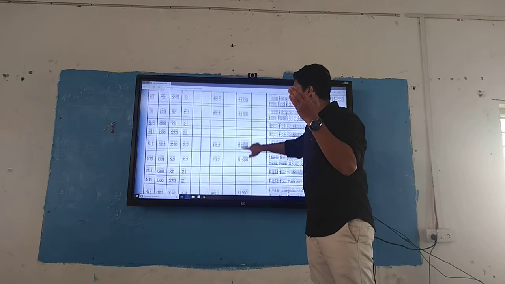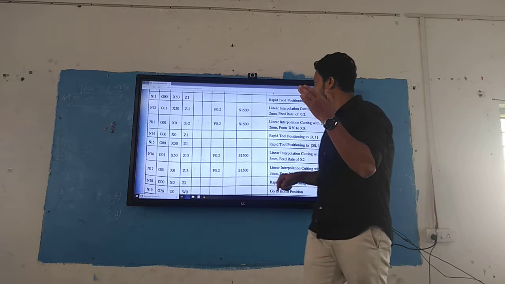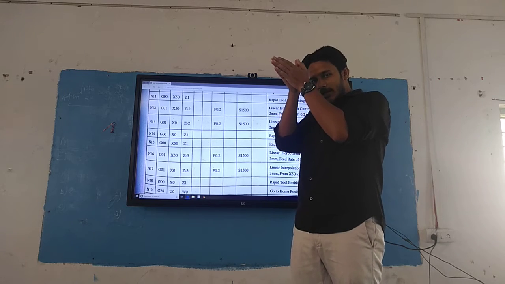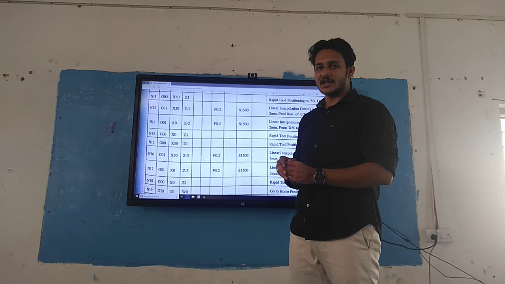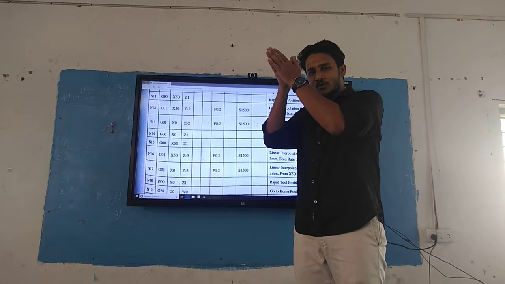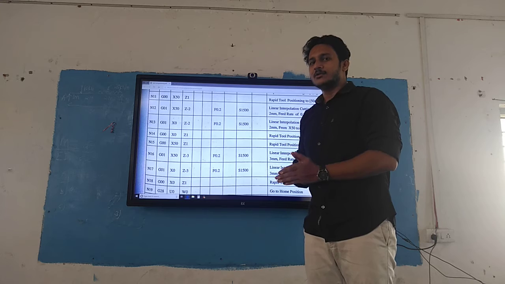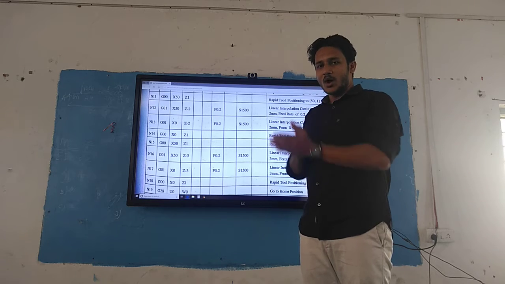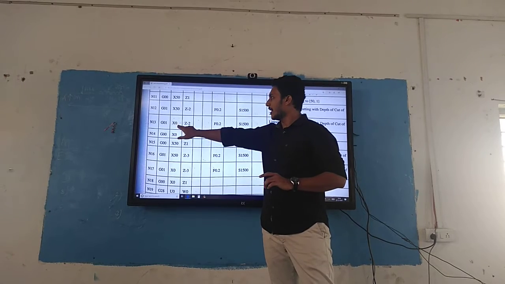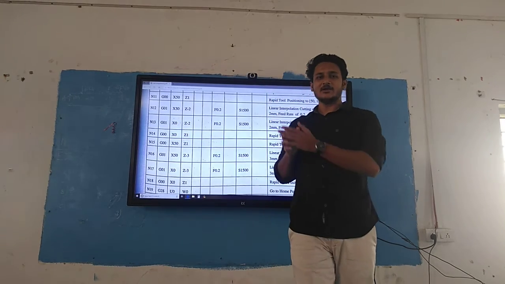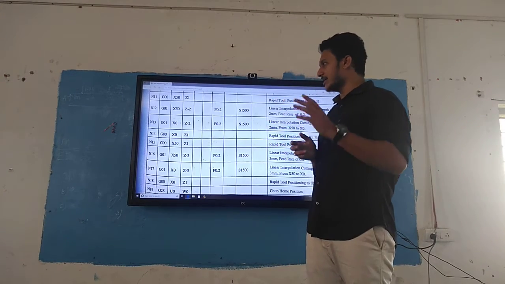Next, G01, that is the linear interpolation in x direction with a negative 2 mm of the z direction. What it means, every time it is going to do the facing operation of 1 mm. Now my tool position is at G01, x0 and z at -2 with the feed rate and spindle speed.